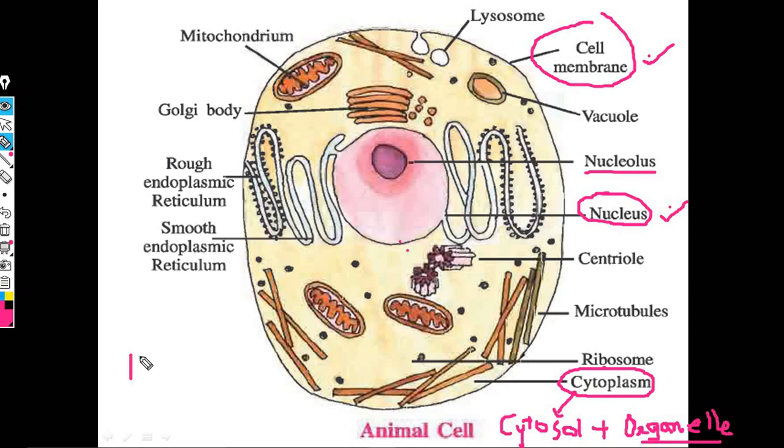Why is it called hyalo? The word hyalos refers to a clear, glassy appearance. For example, hyaline cartilage, glassy cartilage. From that you can consider the word. One time it has been asked in the NEET examination what is hyaloplasm. If someone asks, your answer will be cytoplasm minus cell organelles, which is equal to cytosol or hyaloplasm. And remember, the word hyaloplasm is derived from the Latin word hyalos, which means glassy appearance. This is a very important detail.